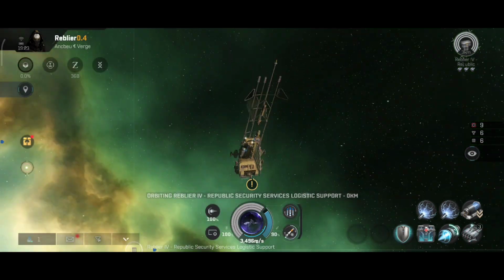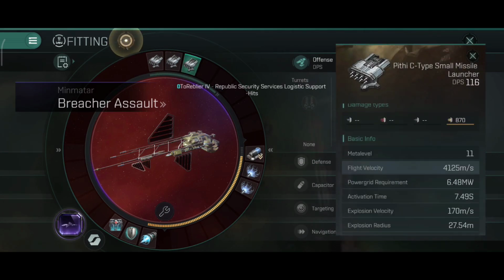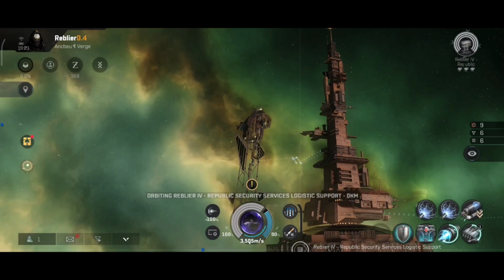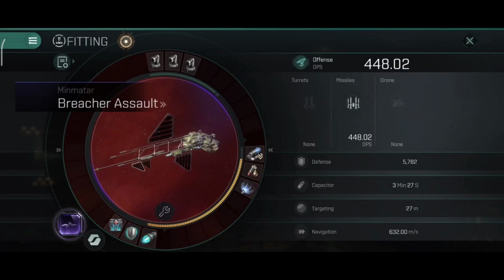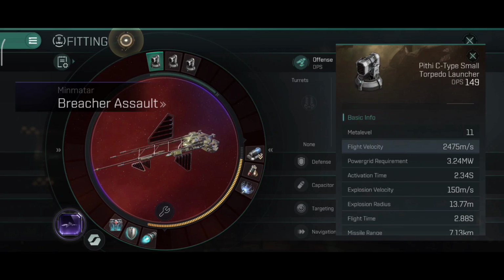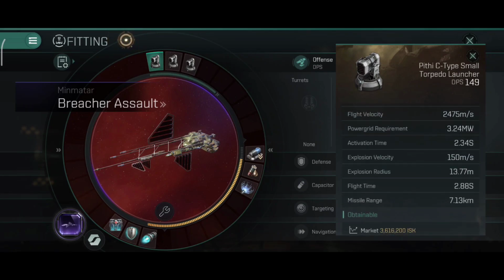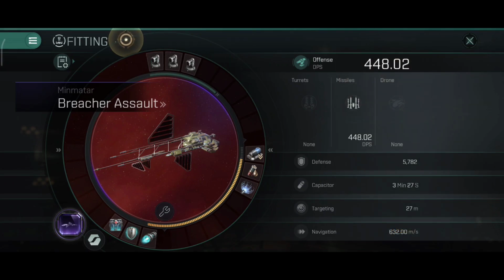Okay, well, let's check out the maximum DPS, 348.42 DPS with the explosive, thermal, EM or kinetic missiles. All give the same damage boost. Now the next build involves the rocket launchers. I really like the rocket launchers. They have a very nice rate of fire, excellent damage application, short range, but overall it is very satisfying to